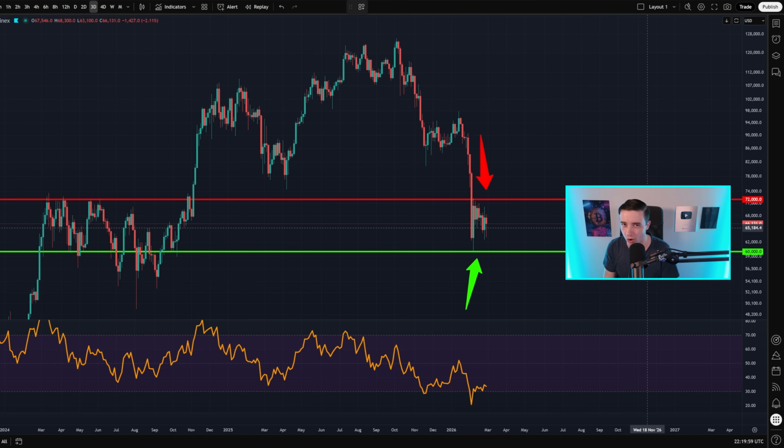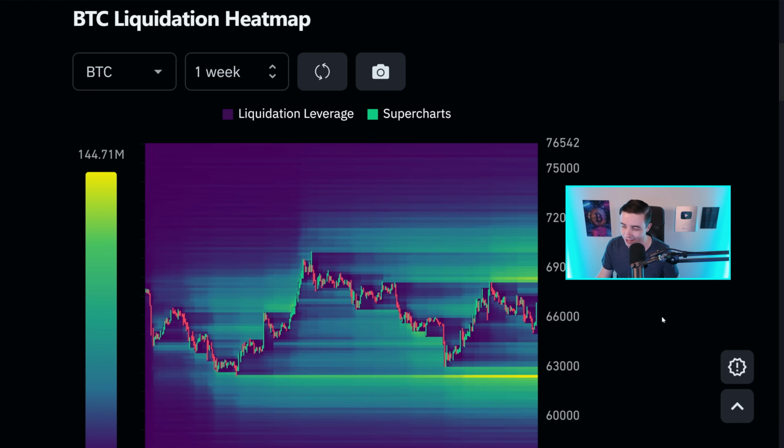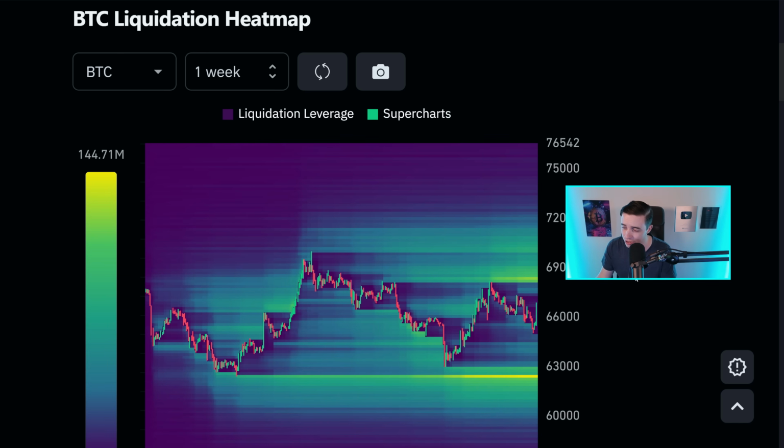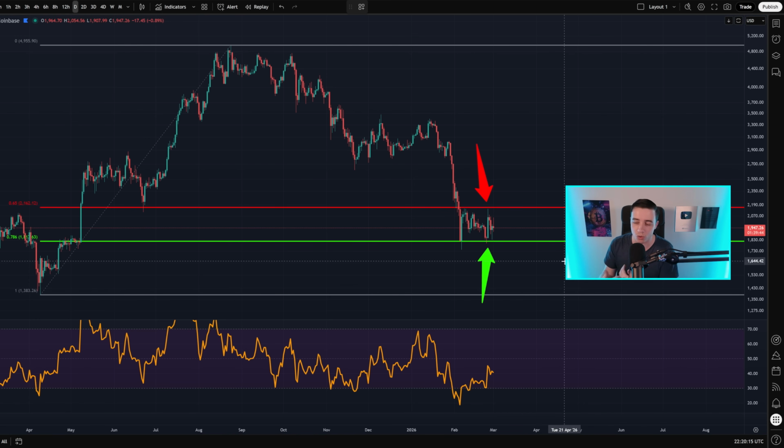My name is Josh, and right now, while Bitcoin remains chopping around in this same sideways price range, bouncing between support and resistance, we are seeing new price targets being revealed in the Bitcoin liquidation heat map that we need to pay attention to. So I'll be talking about that in just a moment, alongside Ethereum, which is also still